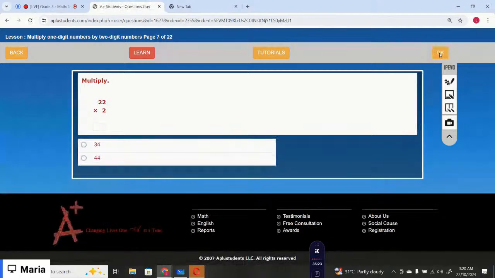The next one is 22 times 2. So, which is the correct option? 22 times 2 is 44. The correct option is option number 2. That is 44. Very good. The next one is